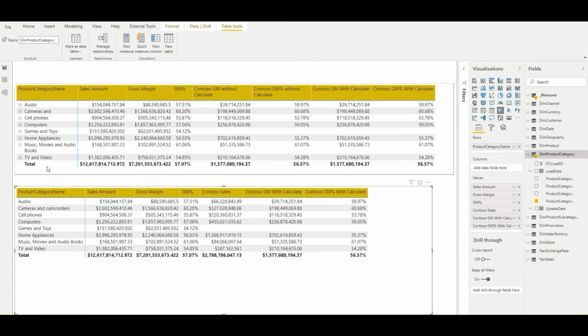You see this number is the same, because we are using the same measure here also. I have placed the same measure near the product category name, so obviously we are using the same filter, and that's why we are getting the same numbers. Then we have the gross margin percentage with calculate. You see 56 and the same numbers. What I'm trying to say is that whatever column you have passed in the filter argument, if you are using the same column in the visual also, the filter on that column will be ignored. But if you are using a different column, then it is fine. They both will work independently. They both will place their filters accordingly and the measure will work.